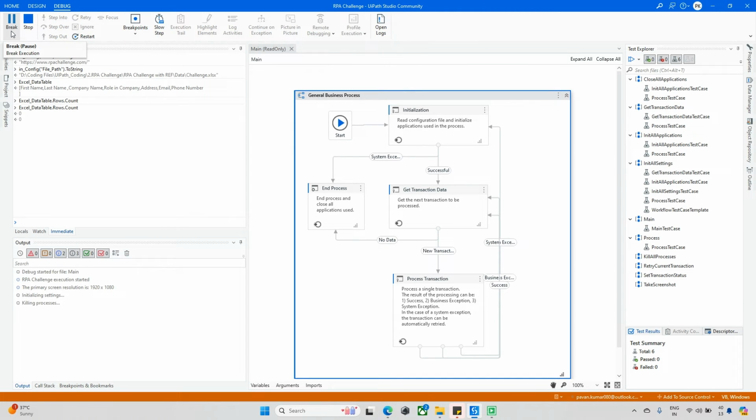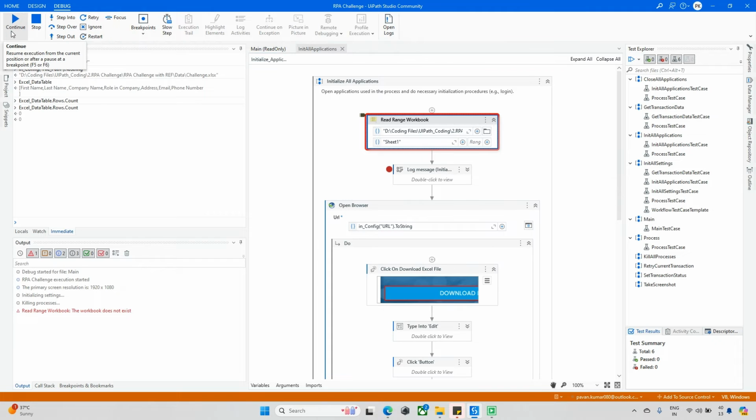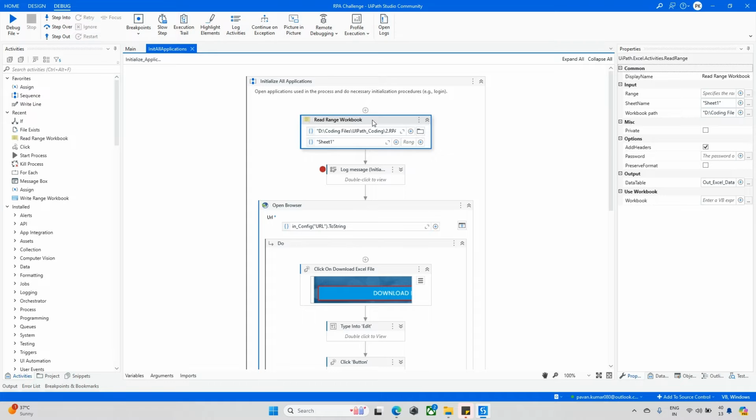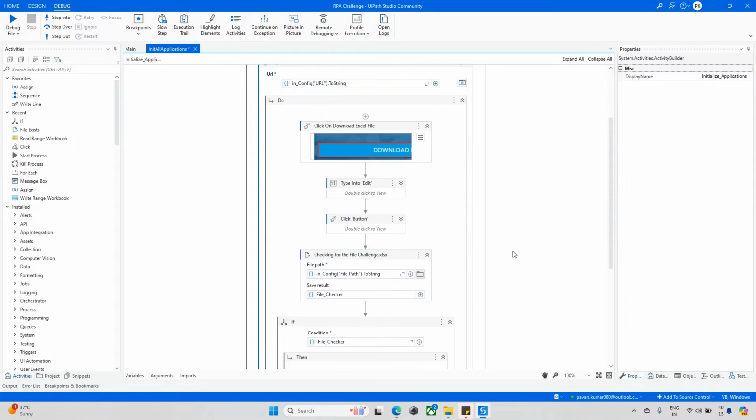So each and every step we need to run and we need to check. Then only we can go to the next step. If you are stuck somewhere, so now it got stuck somewhere. I mean, it's my mistake. So I need to delete this activity, it is not required. Anyway, automation has stopped now. So I will go and check this file